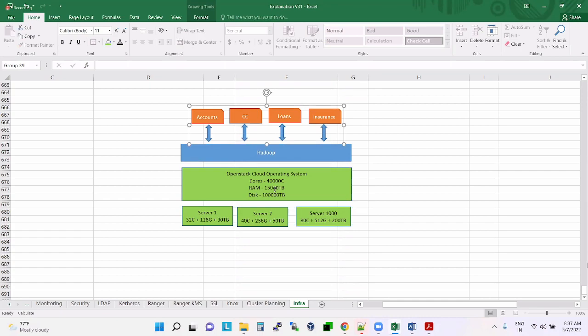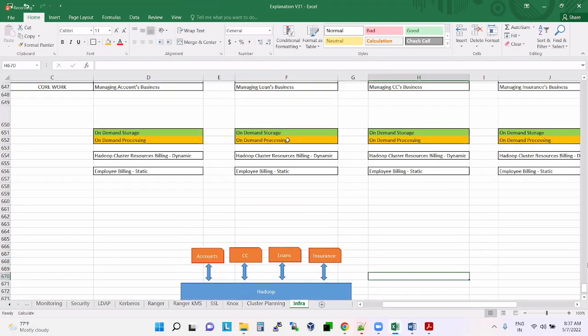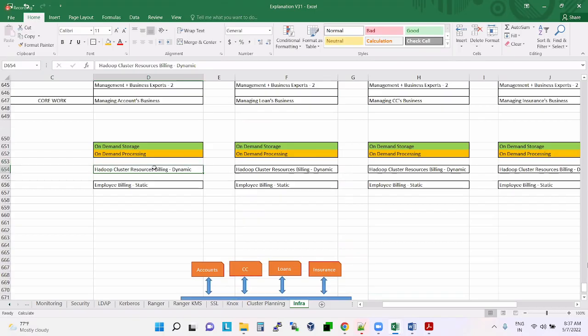Whenever they want, they are using it, and whenever they don't want, they are releasing it. On top of this, there will be some monitoring systems. These monitoring systems will be continuously checking who is currently taking how many resources. You will have the billing data also, captured and stored in one place, so that every end of the month, we will send a bill.